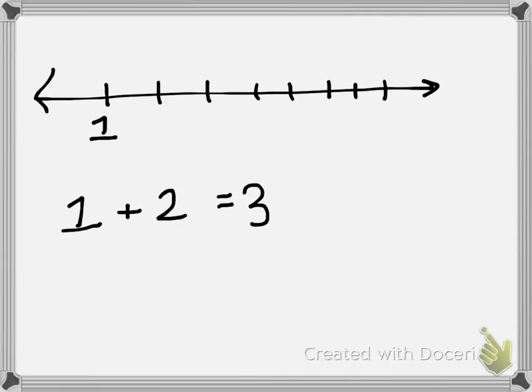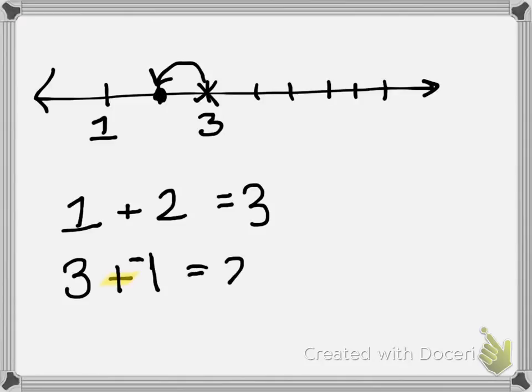But now let's look at this. Let's look at 3 minus 1. Now what you need to know is minus 1 is the exact same thing as plus negative 1. When you're subtracting, you're really adding a negative. So if you start at 3 and you go 1 in the negative direction, that puts you at 2. All that's easy peasy. You can add a negative, you can add two positives. Well, what about